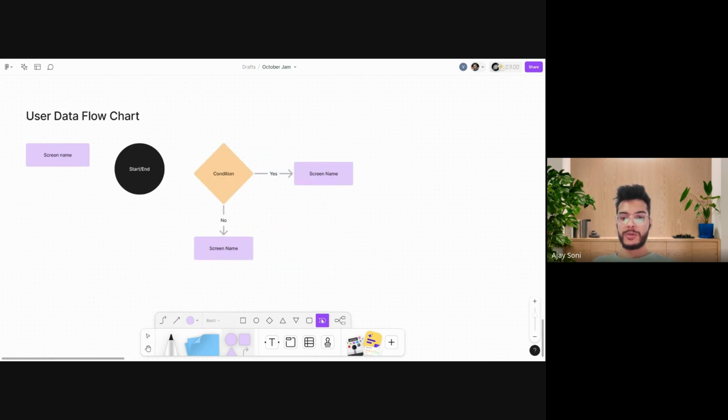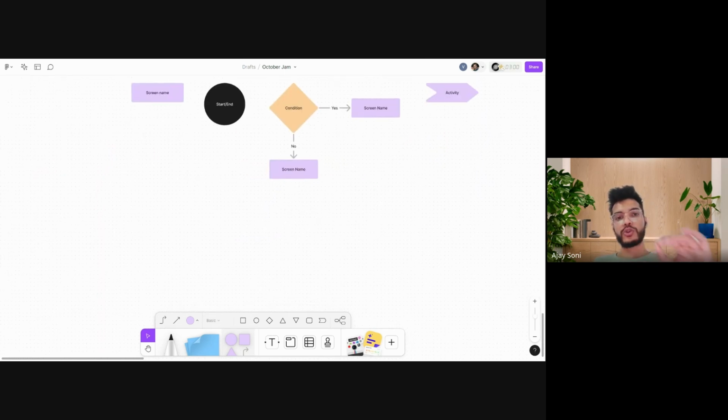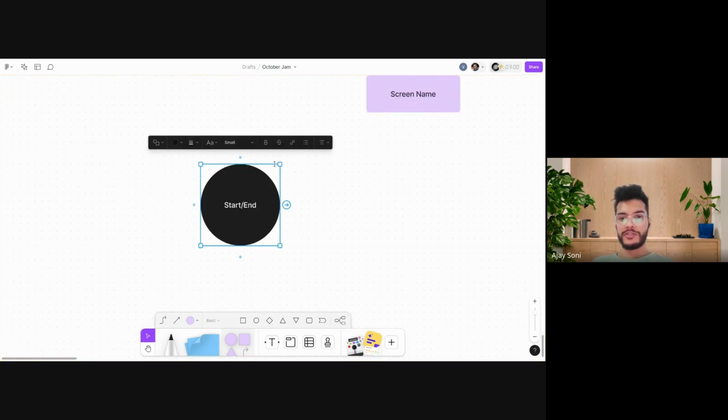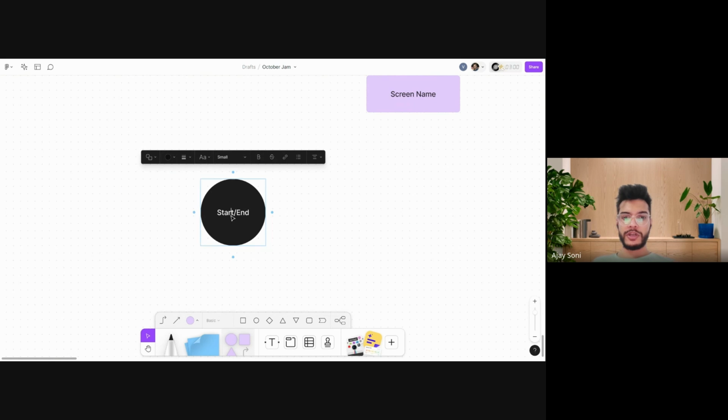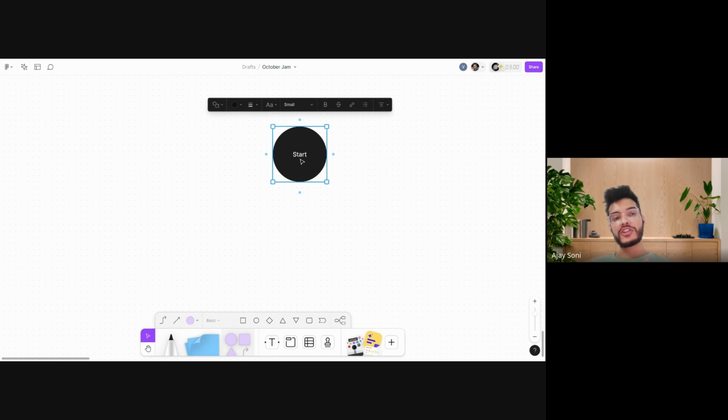So next thing, again it depends upon you how you want to take it. I usually take it as activity only. So activity can be a different activity. Let me show you one real example, then you will understand, right? We are going to use this first because it is our starting point. So let me call it start option. By using this circular shape, we know this is the starting point of our user flow chart, right?